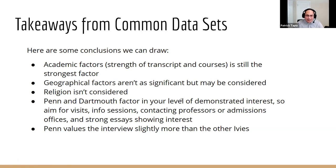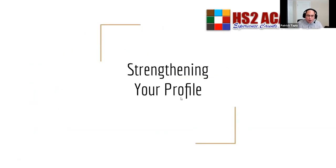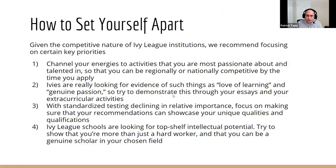Okay, so now let's actually start taking a look at ways for you to strengthen your profile. Okay, so what can you do to set yourself apart a little bit more? Okay, so I have 4 main recommendations for you tonight. So one is to channel your energies to activities that you're most passionate about and that you're the most talented